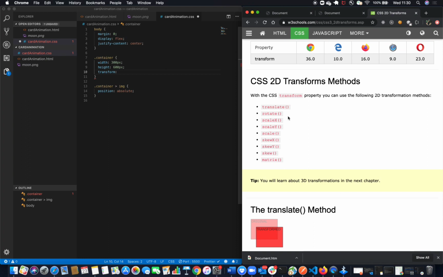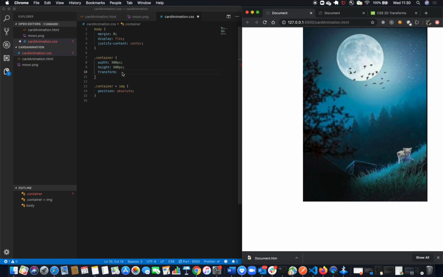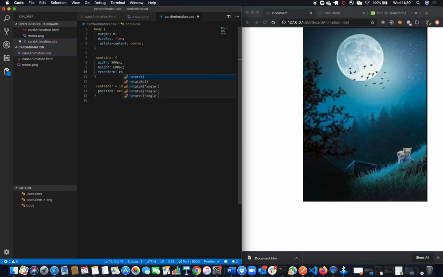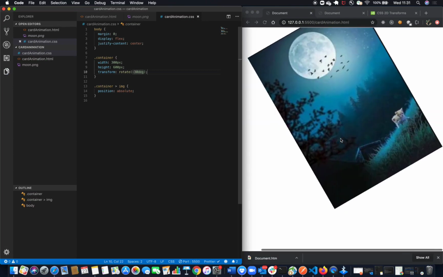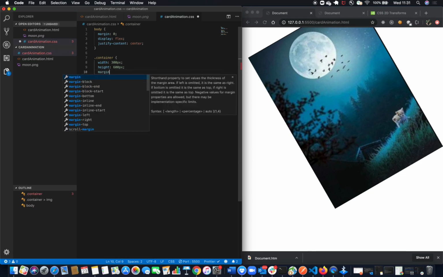There are many things that are available, and we're going to be using most of it in this tutorial. So let me rotate by, let's say, an angle of 30 degrees. My image should rotate in clockwise direction by 30 degrees. If I give a negative value, it should rotate in anti-clockwise direction, something like this.